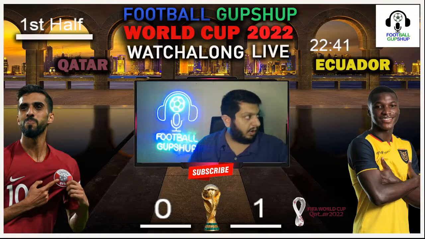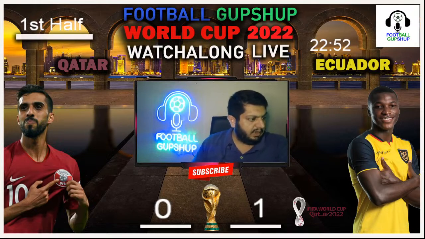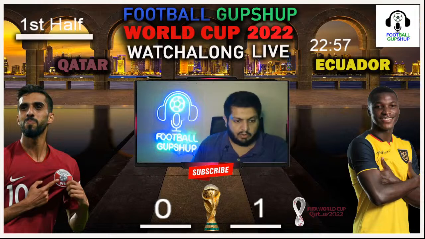Right now, the ball has been pushed back. Ecuador with the ball right now, trying to run with the ball forward. They have got the ball right there, trying to push it onto the left side of the pitch. And you can see Ecuador making that run forward. So this is turning out to be quite interesting. Once again, you can clearly see that Qatar are trying their very best to stop the likes of Ecuador.